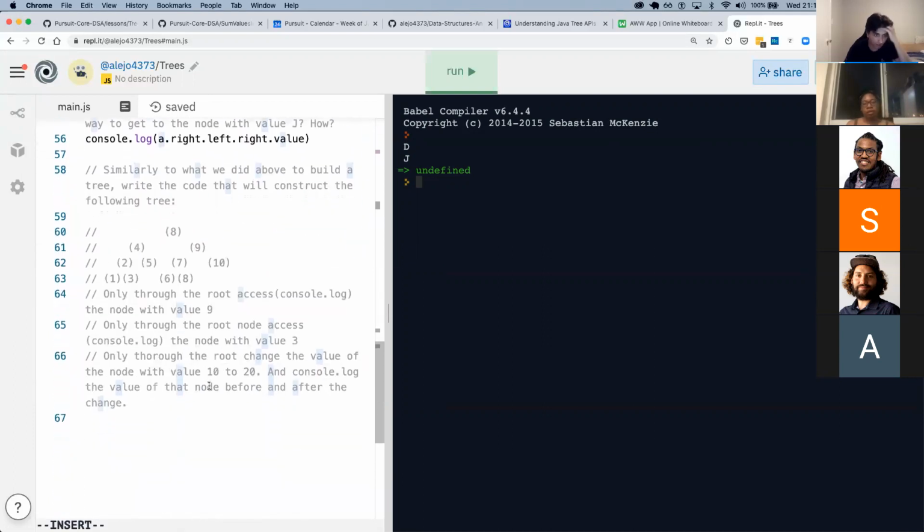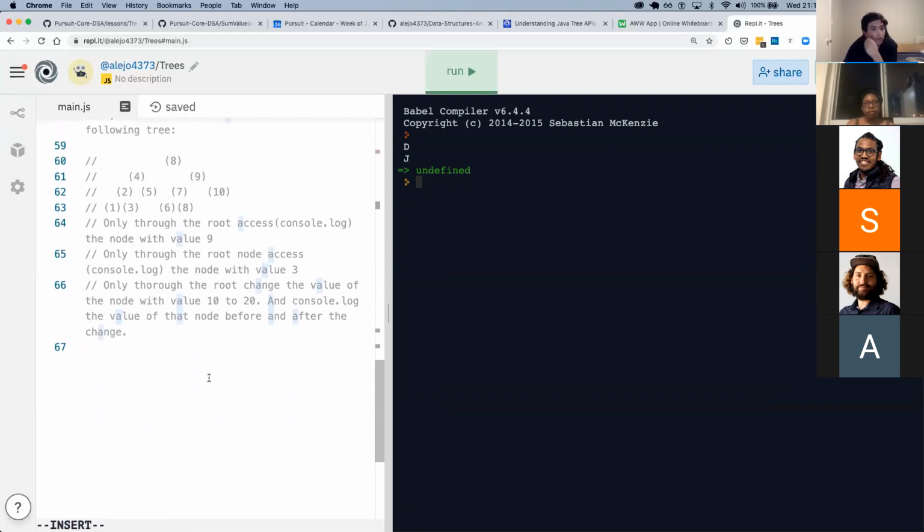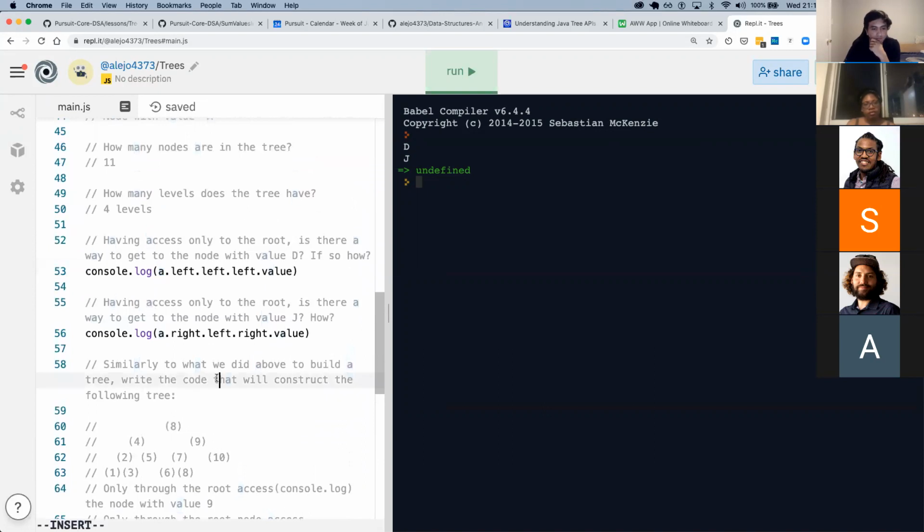Okay, we're gonna skip on this one. I have a question about that. Yeah. So which one is it? Would it be in-order or pre-order in this case? Yeah, so in this case, we're not following any one in particular. We are manually going in to where we want, and that's exactly what we're gonna go into next.